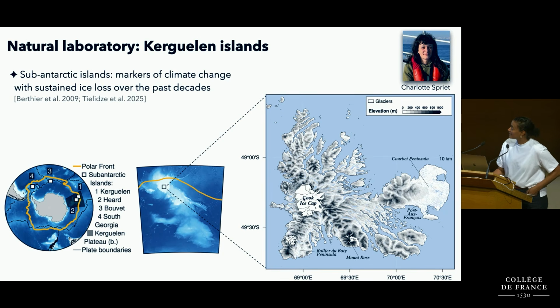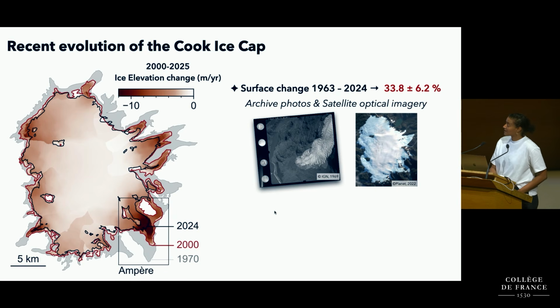So if we look at the island, we can see that we have a major ice cap, the Cook ice cap, and we can look into how this ice cap has evolved recently. And we can look at this by looking at surface change over the past decades, so since 1963, because we have some archive photos that were taken for making the map of Kerguelen by IGN. We can also use satellite optical imagery, and what we get is that we have had a surface change over that period of about 30%,